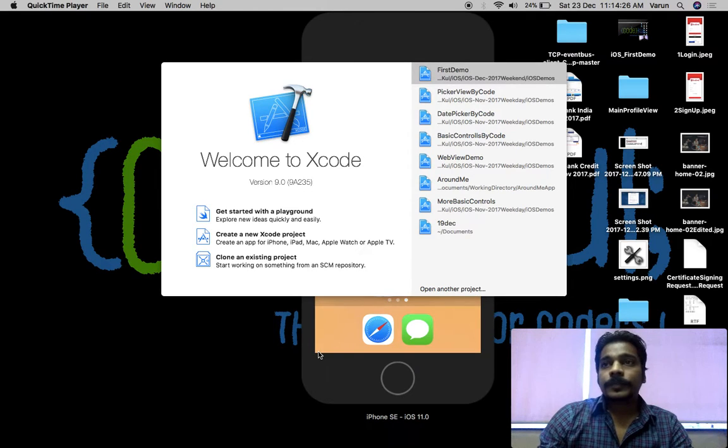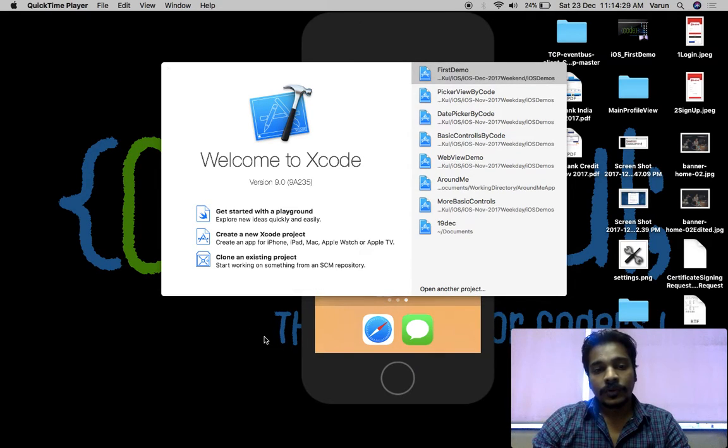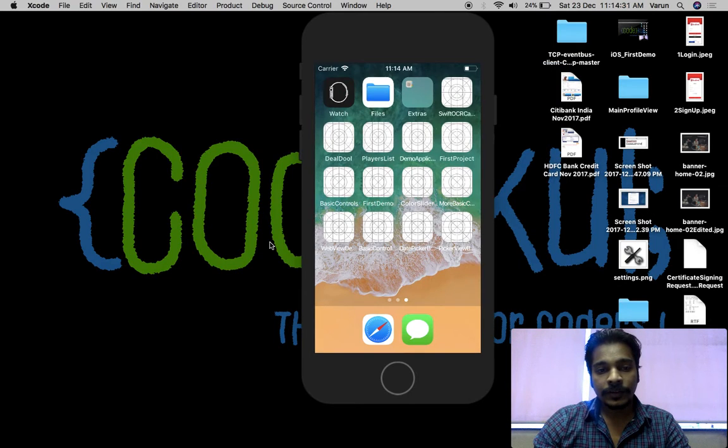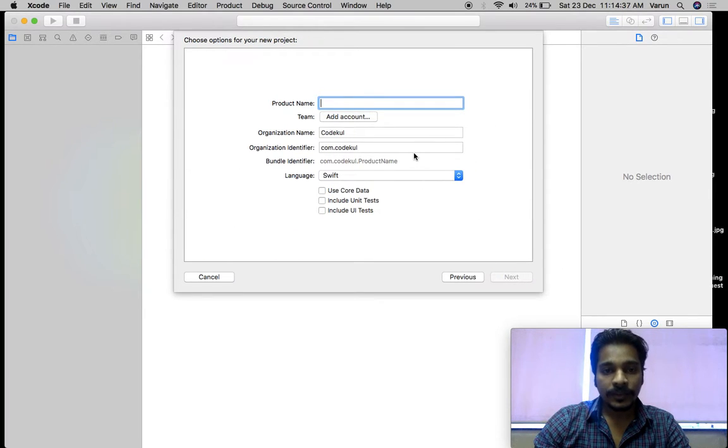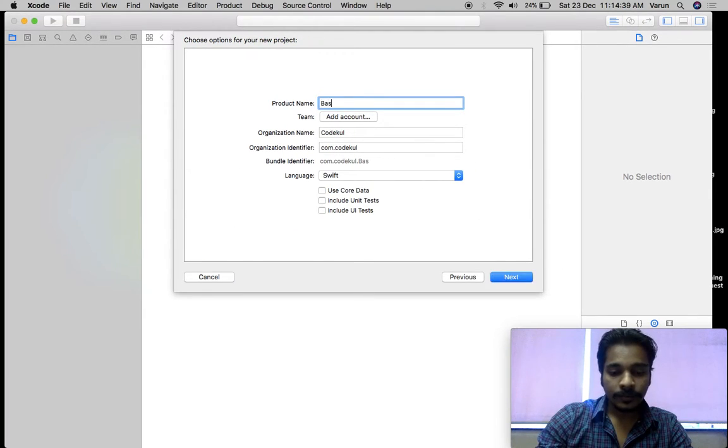We'll see some basic controls. For this, we'll create a new project, a single view application. I will use the name basic controls, and organization name is CodeCool. Organization identifier com.codecool. We'll use the language Swift. The next,